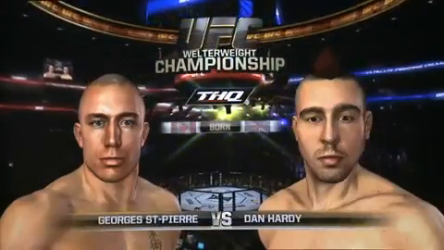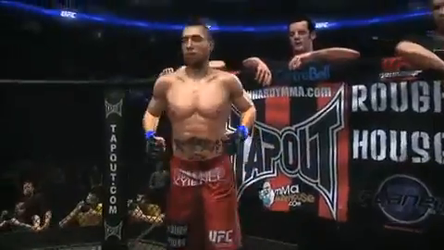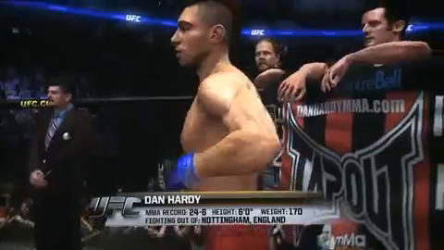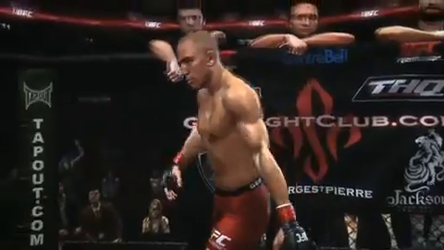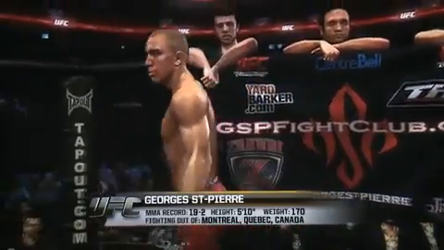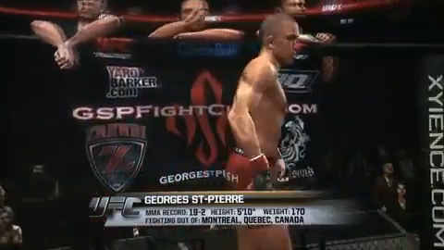Our tale of the tape for this title fight in the welterweight division. And now with our official introductions, Bruce Buffer. And now, 5 rounds for the UFC welterweight championship of the world. Introducing first, the challenger, fighting out of the blue corner. This man is a mixed martial artist. He stands 6 feet tall, weighing in at 170 pounds. Fighting out of Nottingham, England, Dan the Outlaw Hardy. And now, introducing the champion fighting out of the red corner. This man is a wrestler and Brazilian Jiu-Jitsu fighter. He stands 5 feet 10 inches tall, weighing in at 170 pounds. Fighting out of Montreal, Quebec, Canada. Ladies and gentlemen, he is the reigning, defending UFC welterweight